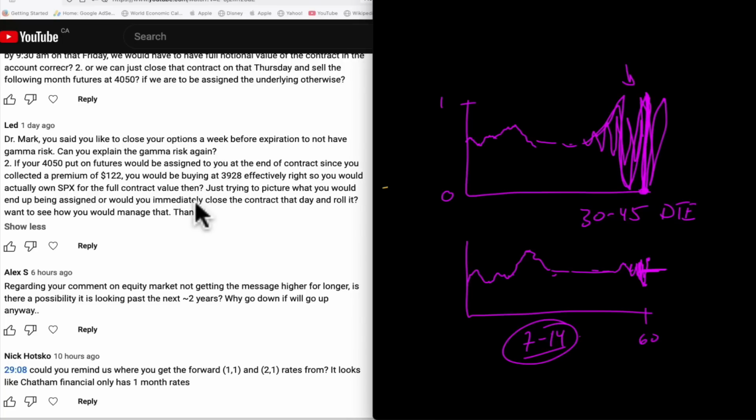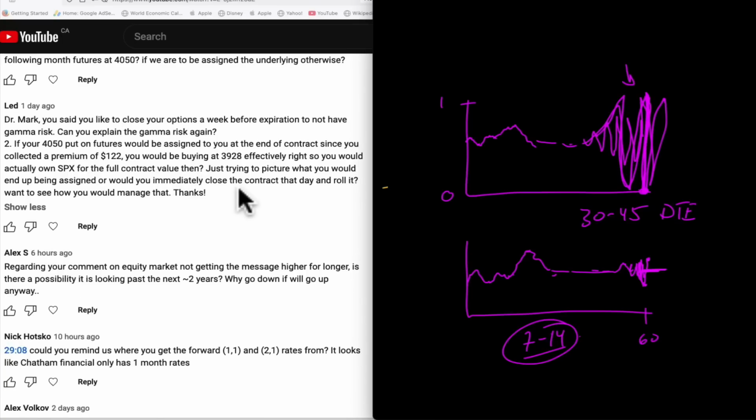Nothing. Typically, if it's out of the money, you just ignore it. If you're underwater on something, you're only underwater for one day, because you're marked to market every day. So really, the most you can lose by letting it go one more day is one more day's worth of move. But maybe you don't want to do that. You'd know in advance that you're going to roll it or that you're going to close it.